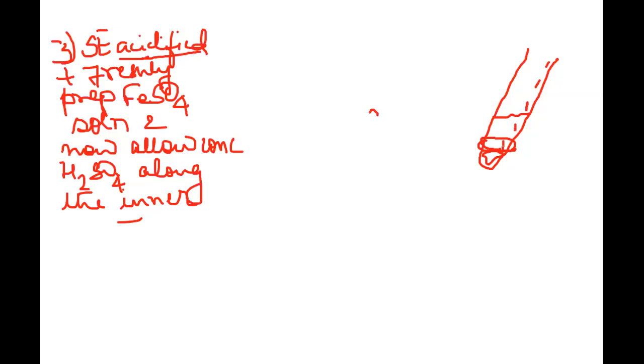However, if the salt contains a carbonate radical, you cannot use the soda extract, because when you use soda extract, you are already adding sodium carbonate in that. So it is not a suitable way of testing the carbonate. Carbonates are tested independently. What you do is you take carbonate salt, dry salt, in a test tube. Into that, you add dilute HCl. When you add dilute HCl, effervescence is seen, and the gas that evolves, a colorless, odorless gas, will turn lime water milky. So that is a test for the carbonate radical.